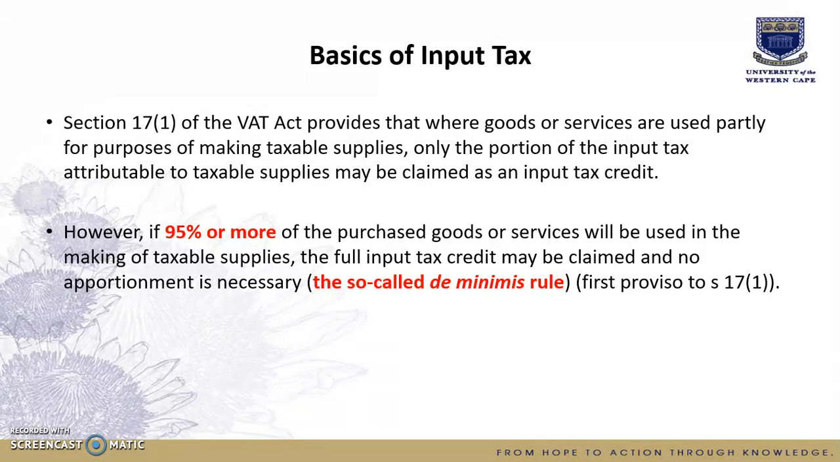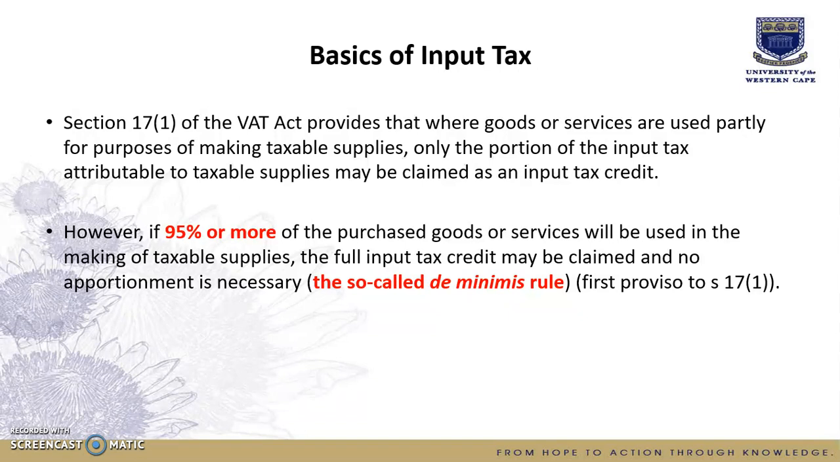Now you'll remember in class that I said you cannot really apportion output tax. The only thing that I can apportion for output tax would be fringe benefits and indemnity payments. Now for input tax it's different, because I have to apportion the input tax with regards to the amount of taxable supplies that I am making. Now we'll get to how do I calculate this, but basically